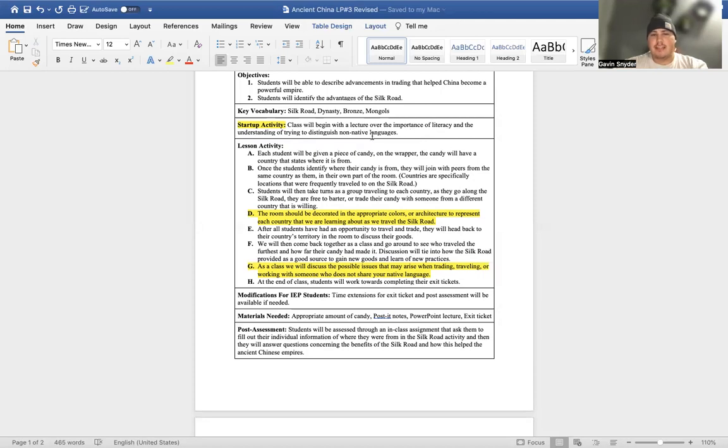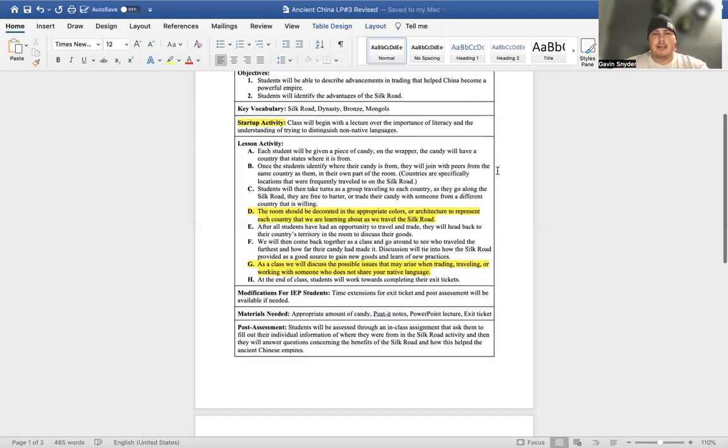But for this revision we were just going to have a lecture and go over things, and have some discussion about the importance of literacy and the understanding of trying to distinguish non-native languages. So that's one of my main ties into cross curriculum here, thinking about this from an English language arts standpoint. We're dealing with different native languages on the Silk Road. It's people from all over the world. It's thousands of miles long. So I wanted to discuss what could possibly be some of those issues that may arise